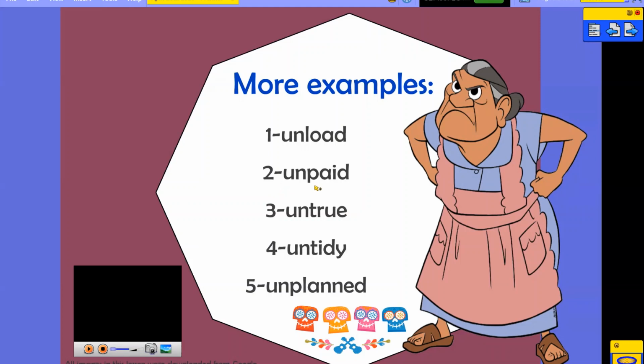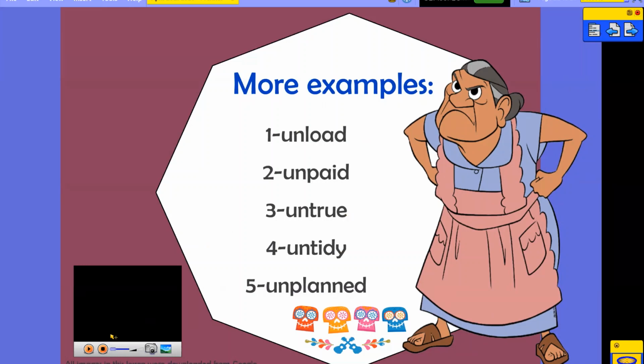Number 2, unpaid. It means it's not paid. Number 3, untrue. Again, not true. 4, untidy. It means not tidy. 5, unplanned. It means not planned. You see how simple that is? But it's easier and shorter to add un and say unload rather than saying do not load or not load,